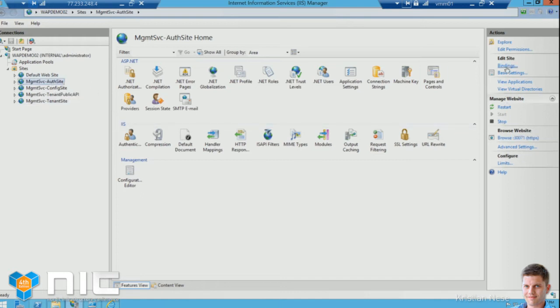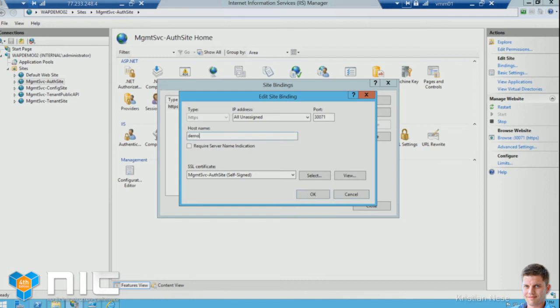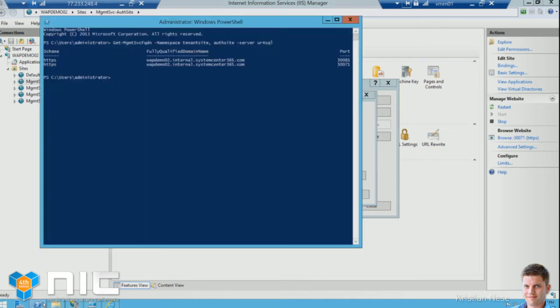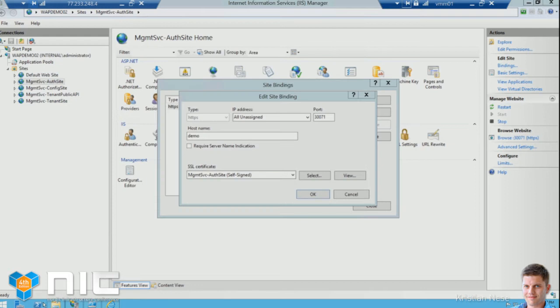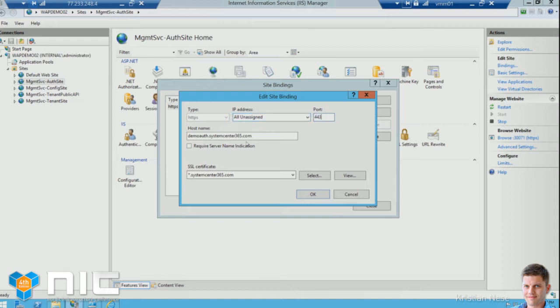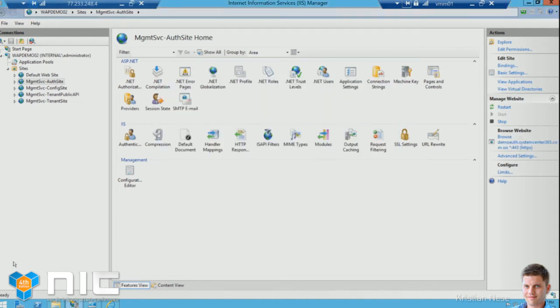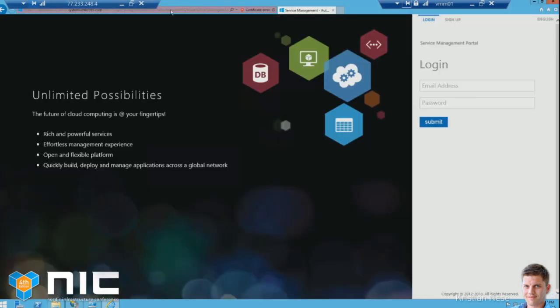I do the same for the authentication site. Just checking that I have the right name. Of course, these records need to be registered in DNS before you do that. Okay, so if I now try to